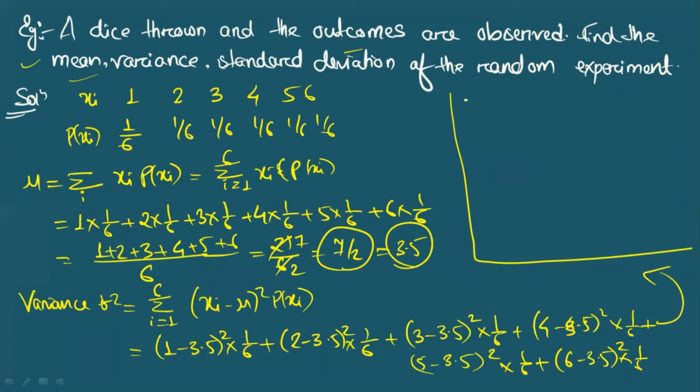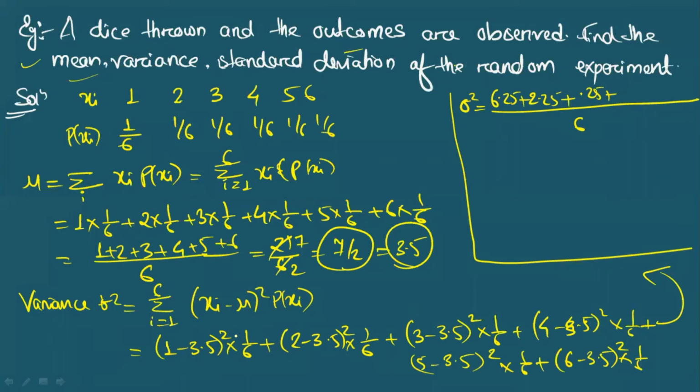So what you will write here, sigma square is equal to, I am taking the LCM to be 6 because you are having 1 by 6 everywhere. So 1 minus 3.5 is what? 2.5. So you will write 2.5 squared, which is 6.25, plus 2 minus 3.5, so it is 1.5 and squared it is 2.25, plus this will give you 0.5, so it is 0.25, plus when you write 4 minus 3.5, you can just do and see.